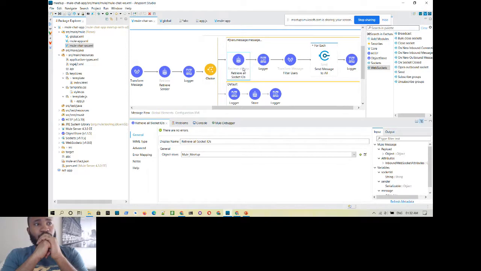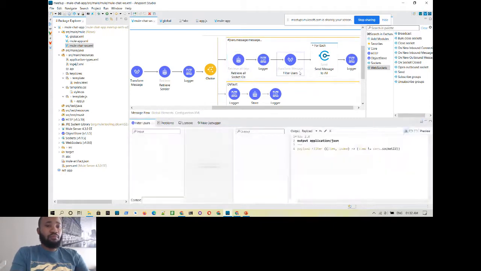So I am a sender, Manna is a receiver, but if I do a retrieve of socket IDs from the object store, it will have the socket ID of me as well as him. Now if I do send message to all the retrieved keys, that means I'll be sending a message to myself as well, right? If that makes sense. So that is where I'm filtering the user. So I'm filtering all the users